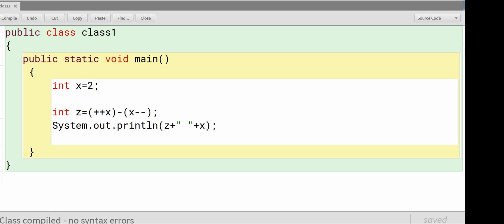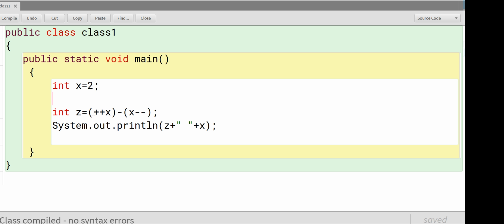In both forms, postfix and prefix, the value of the variable will be increased by 1 if we are using the increment operator, and in case of the decrement operator, the value of the variable will be decreased by 1, whether we use the prefix form or the postfix form. The difference is in how the prefix and postfix operators are used.